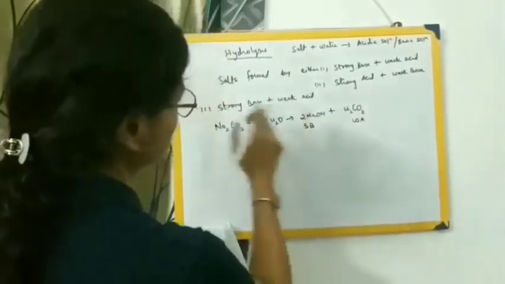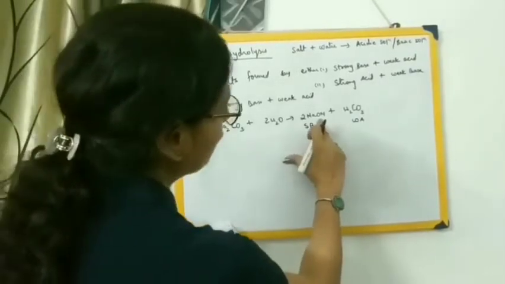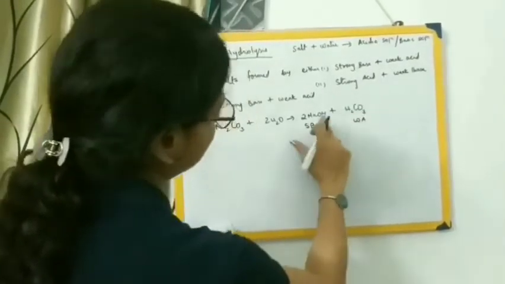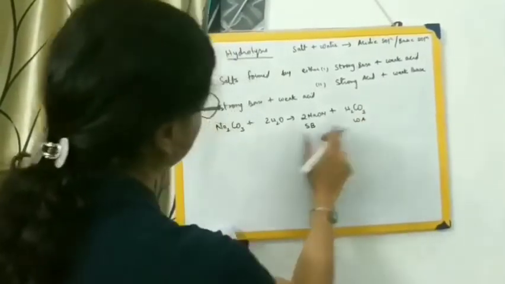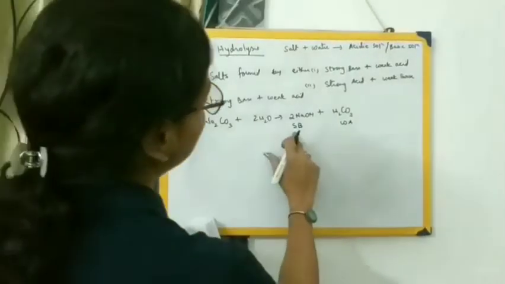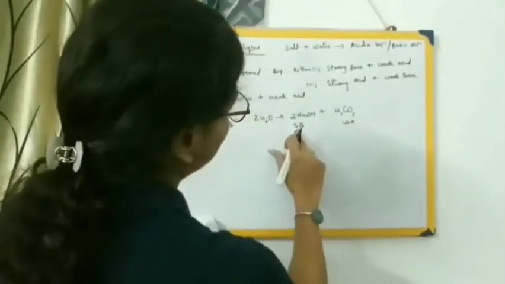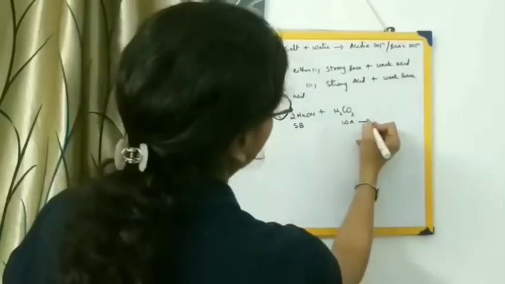And basically this sodium carbonate, how has it been formed? When you are making sodium hydroxide react with carbonic acid, sodium hydroxide is a strong base and carbonic acid is a weak acid, it will lead to the formation of sodium carbonate. Now in such a type of reaction, the base is what? Strong base and a weak acid. So the solution formed will be what?